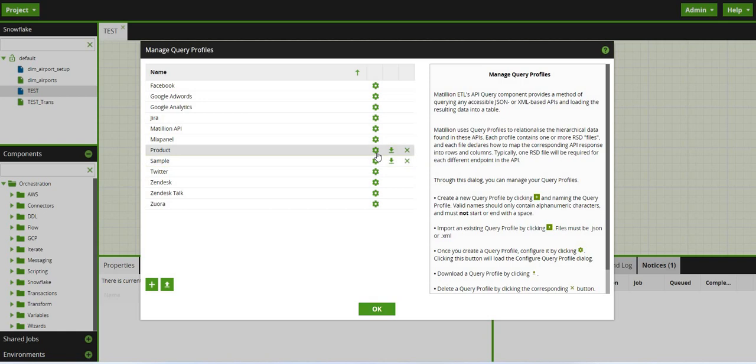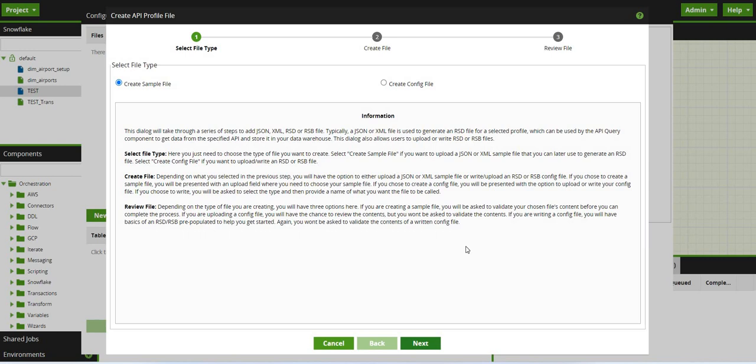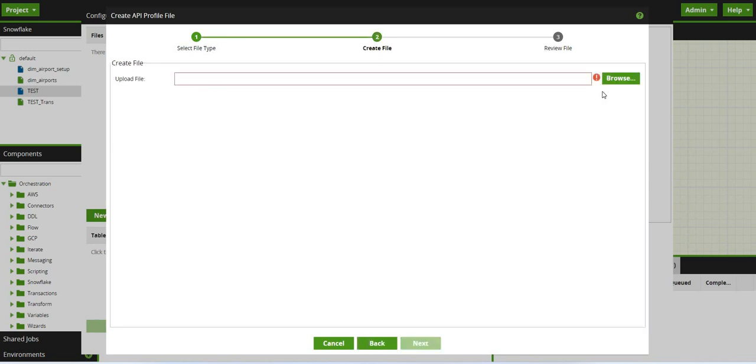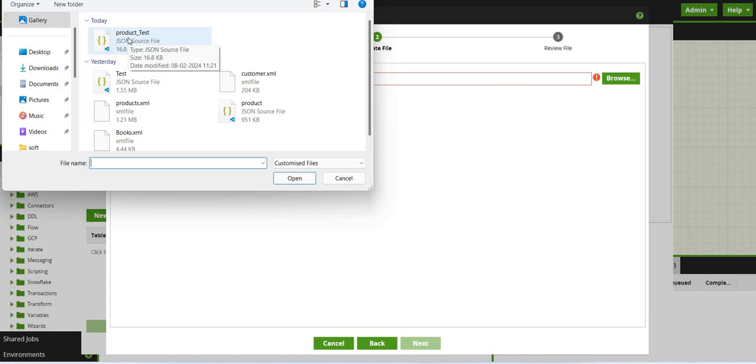Selecting the settings, I am creating a new file. Click on new file, select next, browse. I am selecting the existing file which I have, click OK.